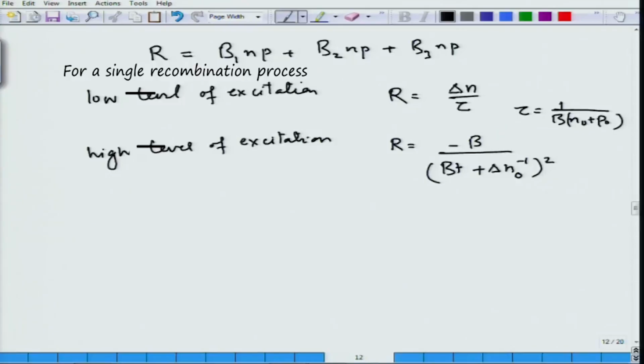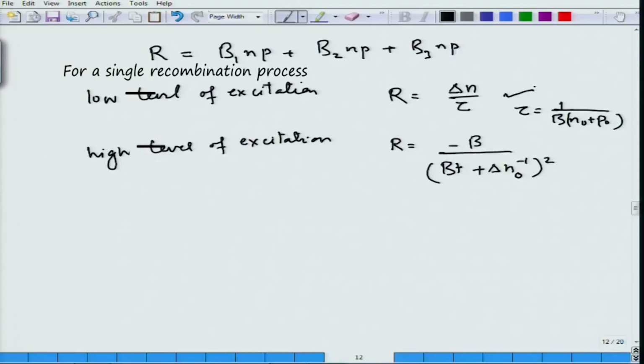Anytime we need to use the recombination rate, depending on which situation is there, we can use these equations directly, or use a general expression if we do not know whether the level of excitation is low or high. Generally, in most of the device physics examples we will take up here, in simple devices we take the case of low level excitation and solve the equations. So now at the end of this lecture we have expressions for generation rate for electron hole